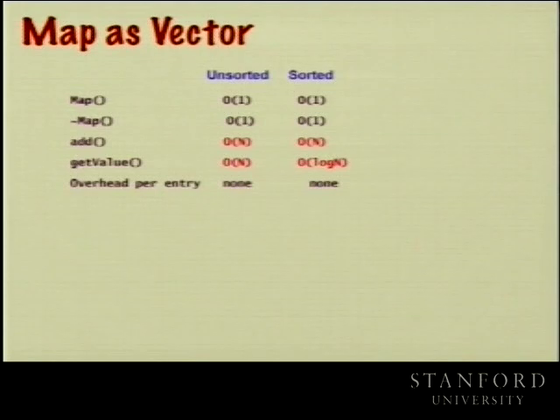We did an unsorted vector implementation of the map that just did a little struct of the key value pair. And then we went through that both add and get value are running in linear time in that form because of the need to search: search to find a value to overwrite it, and search to find a value to pull out the existing match to it. And if we went to the sorted form of that, we could get value to capitalize